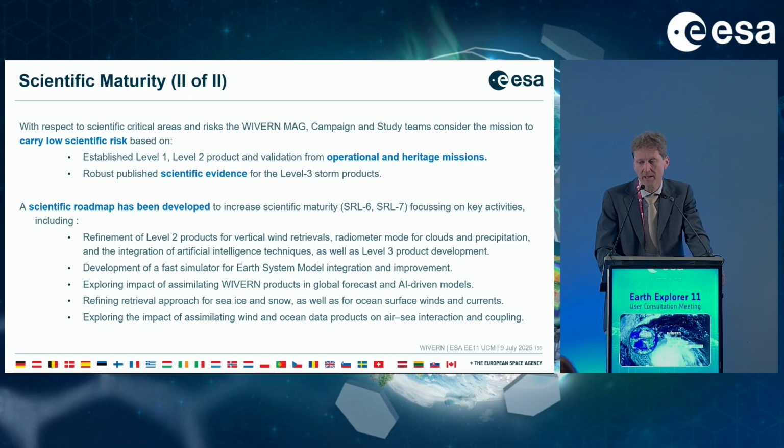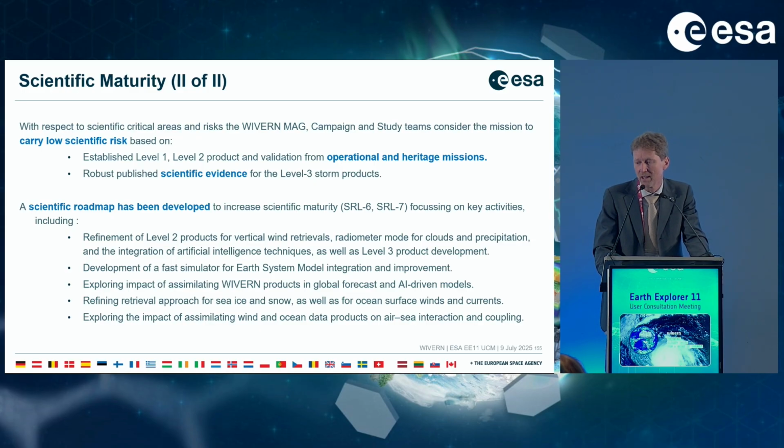So here we have also this evidence which comes to us that we can consider this of a low scientific risk. Again, going forward and to mature the mission into the future, going towards the scientific readiness levels, what we call 6 and 7, so basically towards the launch, they've identified a number of points where they would be focusing their activities. For one, it's the refinement of the level 2 products, the vertical wind retrievals, the novel radiometer mode for clouds and precipitation, and the integration of artificial intelligence techniques, and what we just said before, also the